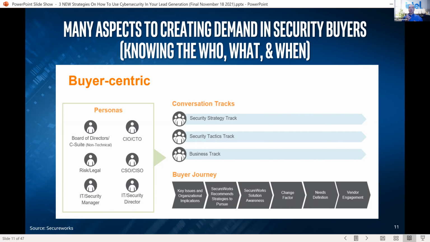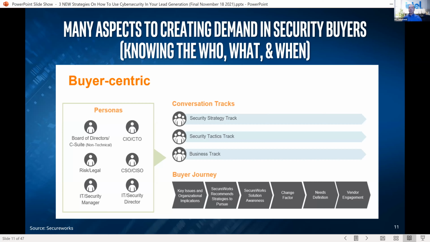And I wanna make sure, because classically on the managed services side, we say, okay, we're gonna go and target the business owner, or we're gonna go and target one particular person and get them on board. Security is a totally different ballgame. You got to get multiple people on board, because remember I said they want to buy 4 or 5 solutions, because each one of those personas have different things that are important to them.